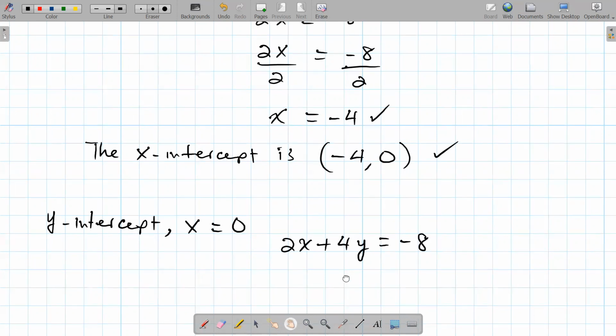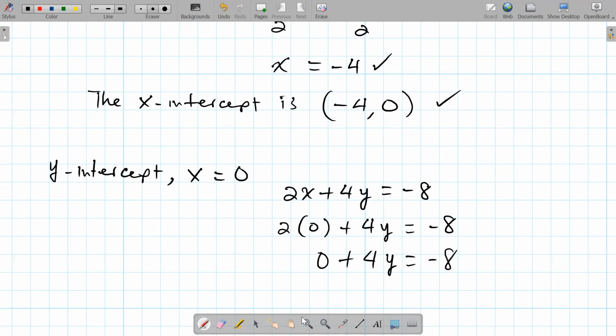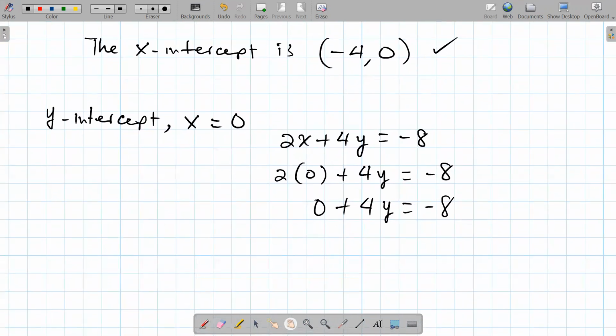And I'm going to replace the x in this equation with 0. So it will be 2 times 0 plus 4y equal -8. 2 times 0 is 0 plus 4y equal -8. 0 plus anything is anything. In other words, it doesn't change. So 0 plus 4y is going to be 4y